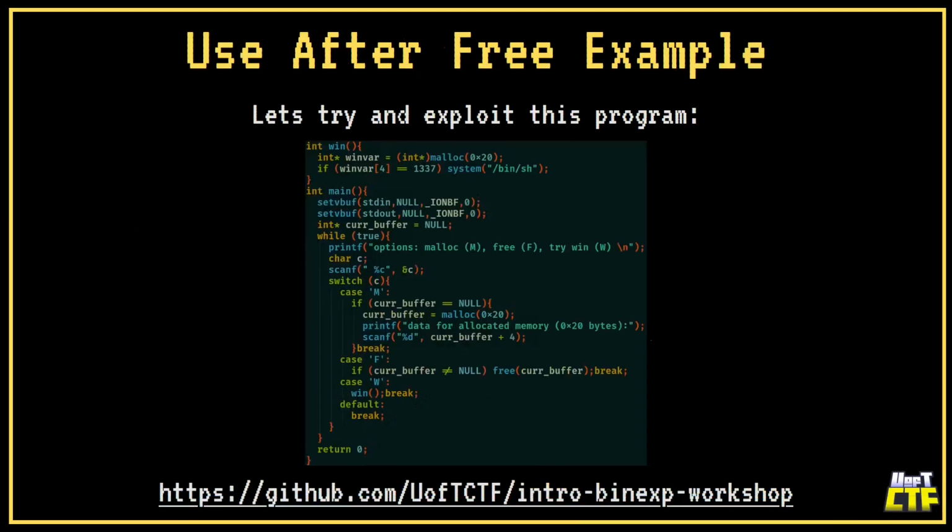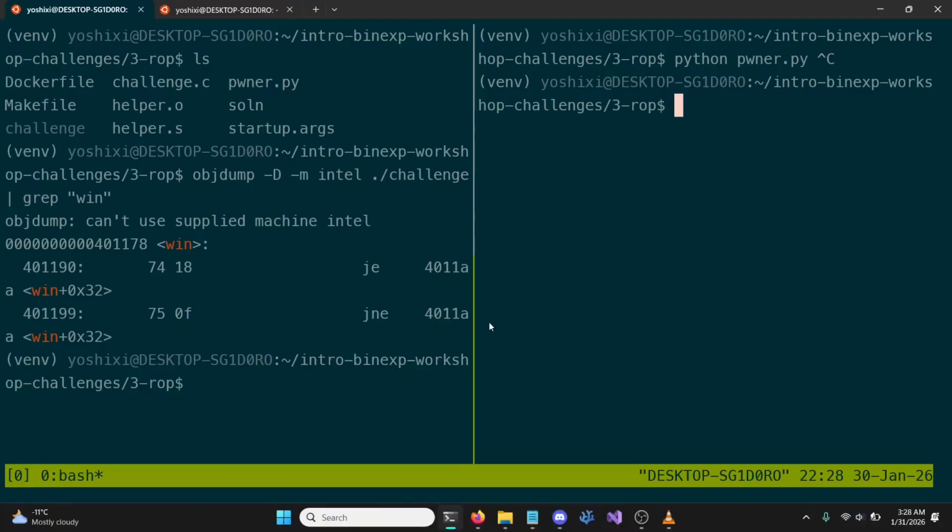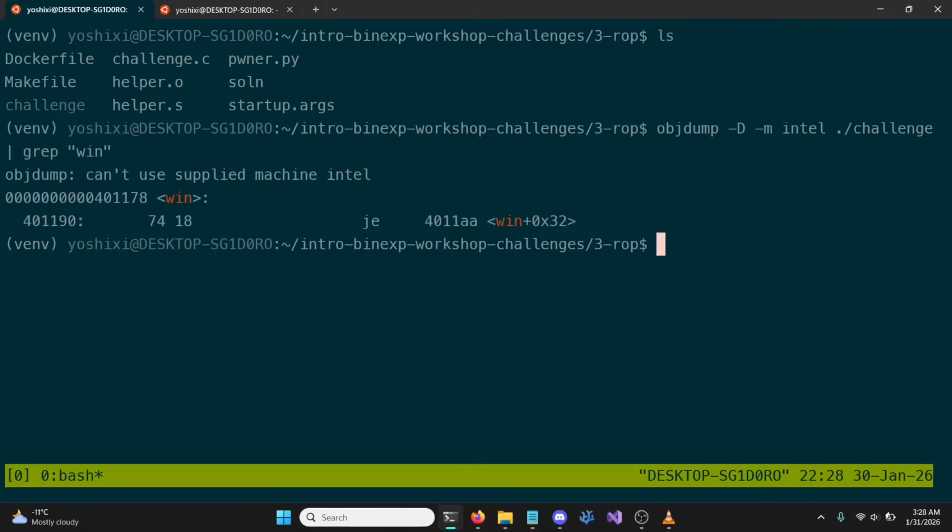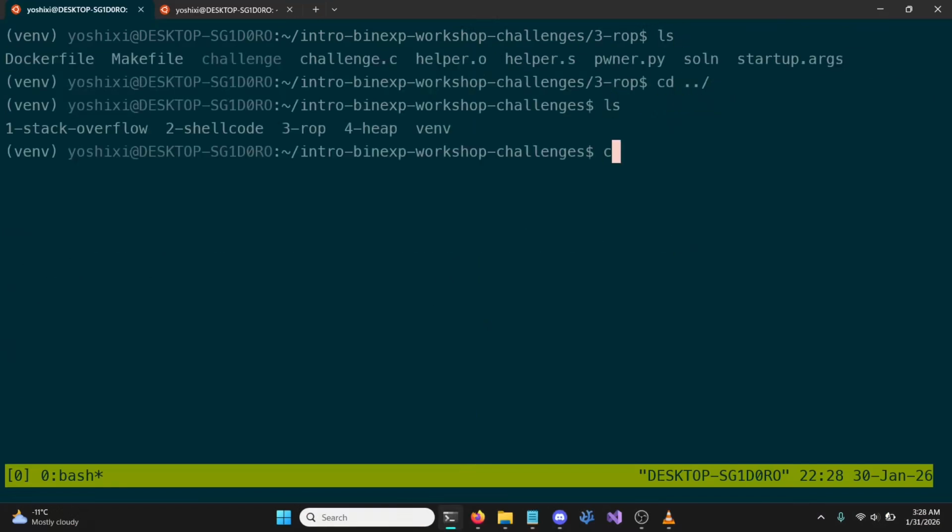And yeah, so this is kind of an example, but not really, but it kind of is, because there are two pointers to the same region of memory that can cause a lot of issues. So you can try to understand this challenge. There's a +4 because I was getting issues with cross architecture things, but I'll just show you the solution. It's a very simple solution, and I can walk you through why it works, but it's literally just